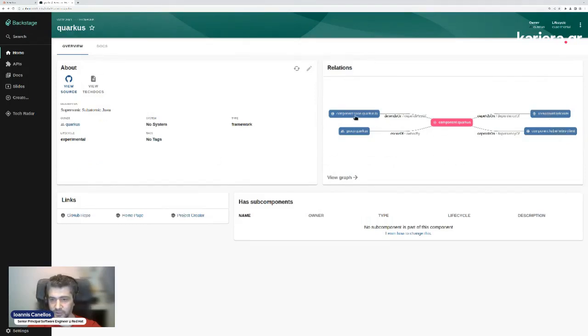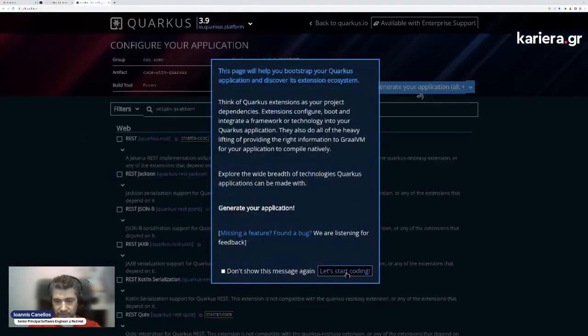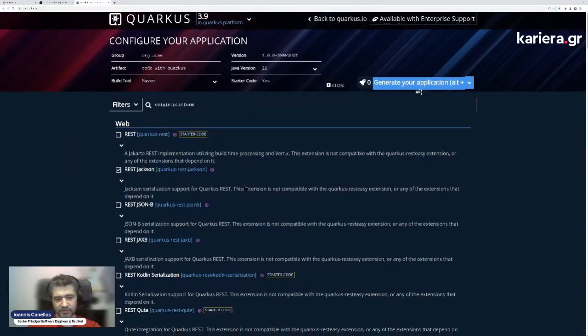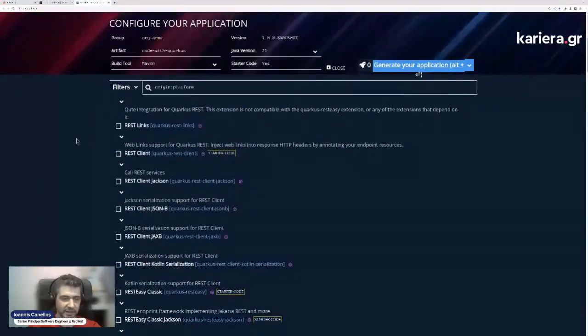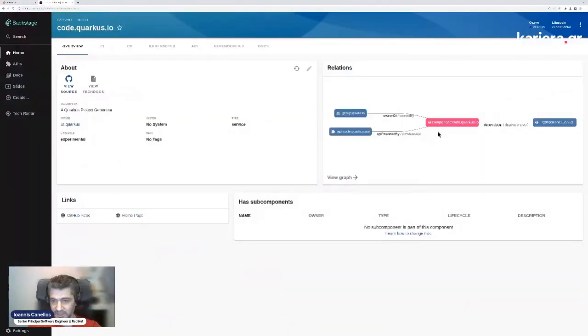And we see that it is also a dependency for another component called code.quarkus.io. That software component is a service provided by the Quarkus team for developers to use in order to bootstrap new projects. It allows you to add things like the coordinates for your project, versions, build tools, and stuff like that. And it gives you a wide array of extensions to select in order to generate your own project. What's interesting about